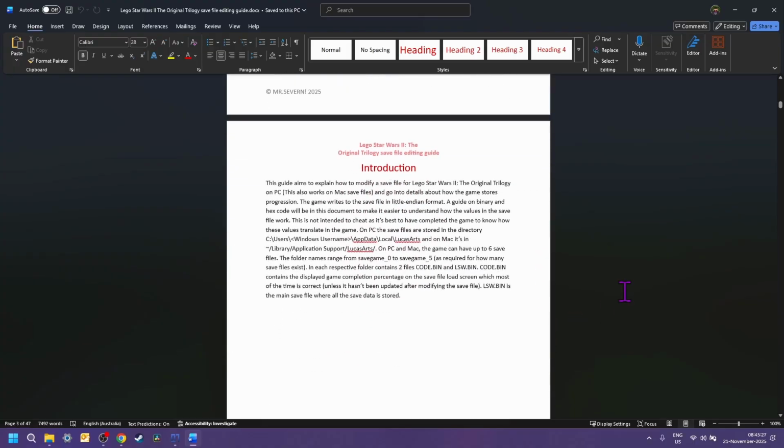So yeah, I've also changed the introduction a bit in the other one as well. This guide aims to explain how to modify a save file for Lego Star Wars 2, the original trilogy on PC. This also works on Mac save files, and goes into detail about how the game stores